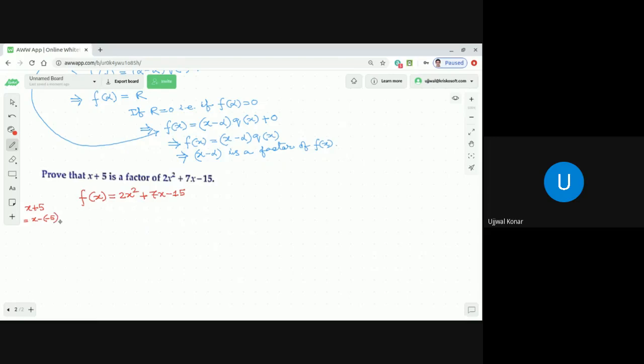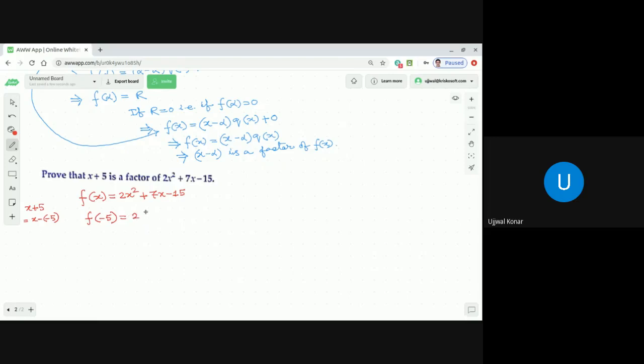So then we are going to find the value of f of minus 5. Now, dear student, if we get the value of f of minus 5 equal to 0, then it is proved that yes, x plus 5 is a factor of this. If it is not, then we can say two things: either we have done something wrong in our calculation or the question is wrong. Got my point, no? So what we are going to do is that